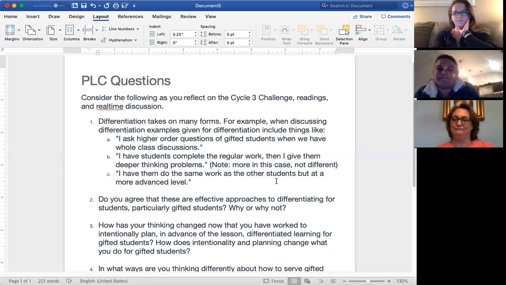I've always struggled with differentiation because I teach fourth grade, so I have almost 30 students, and it's hard to differentiate in general because I have so many groups and so many kids in each group.